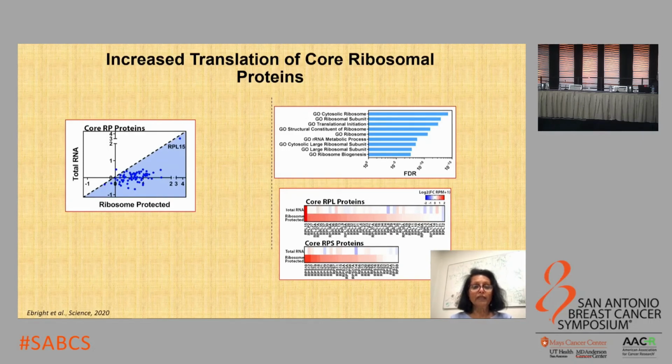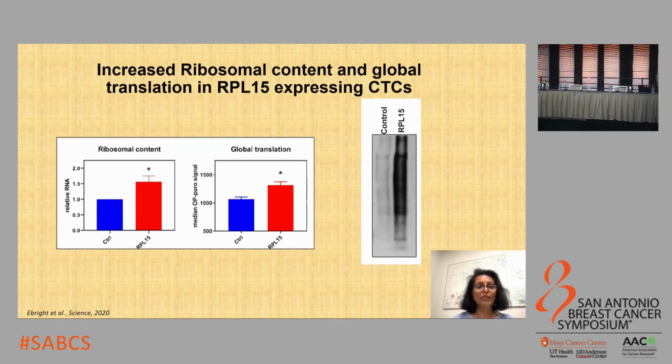Ribosomal profiling showed us that the overexpression of this single structural ribosomal protein RPL15 basically resulted in elevated translation of multiple core structural ribosomal proteins that are involved in making the large ribosomal subunit as well as the small ribosomal subunit. So in order to see whether this elevated translation of multiple structural ribosomal proteins in the RPL15 overexpressing CTCs